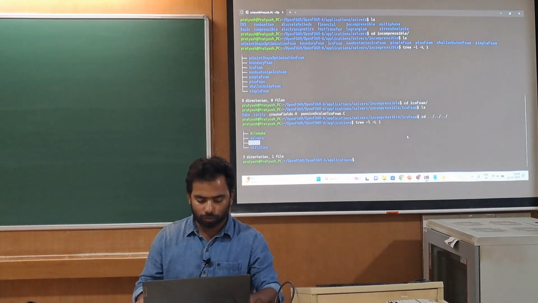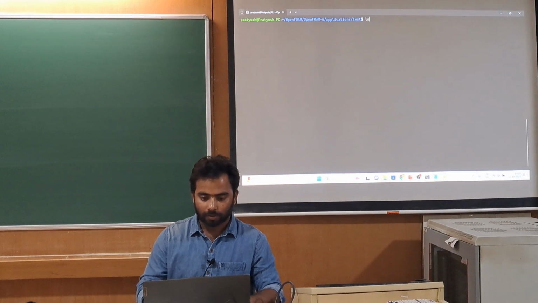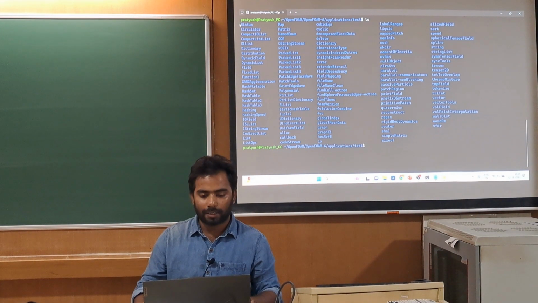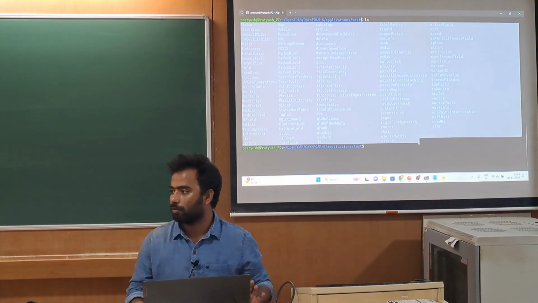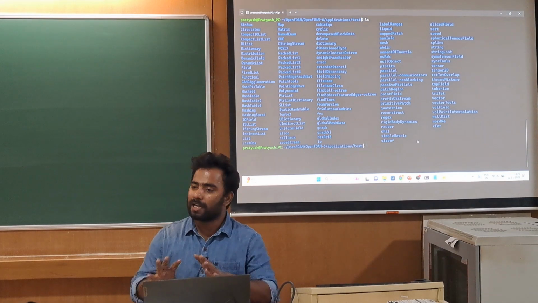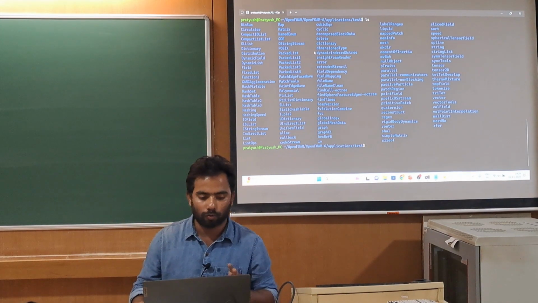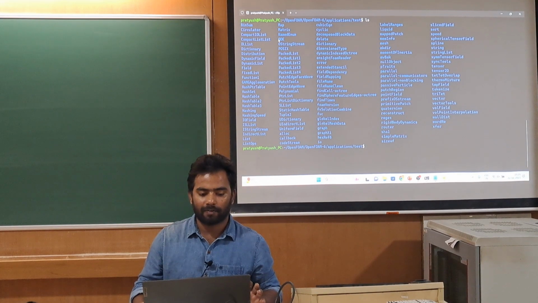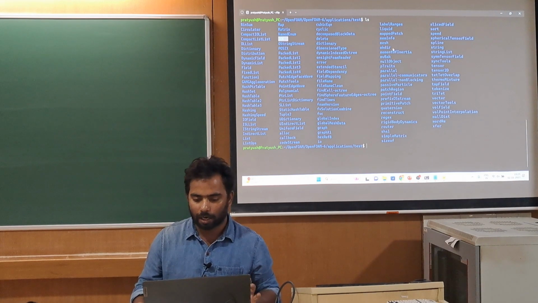Let me show you some examples here. When you go to the test folder, you have this much code here. Whatever class has been used in OpenFOAM, you can find every class here. If you want to learn about ordinary differential equations, you can go to this folder and learn how it has been coded.